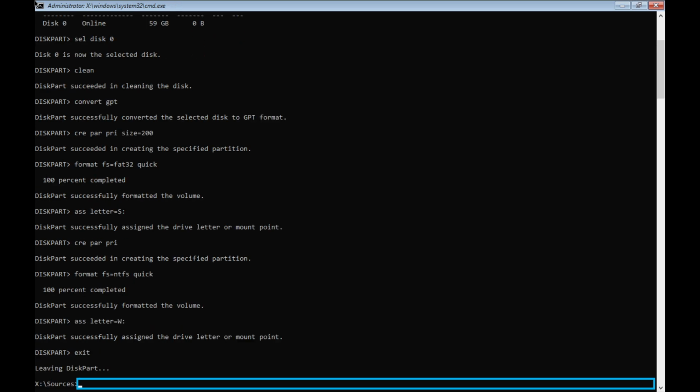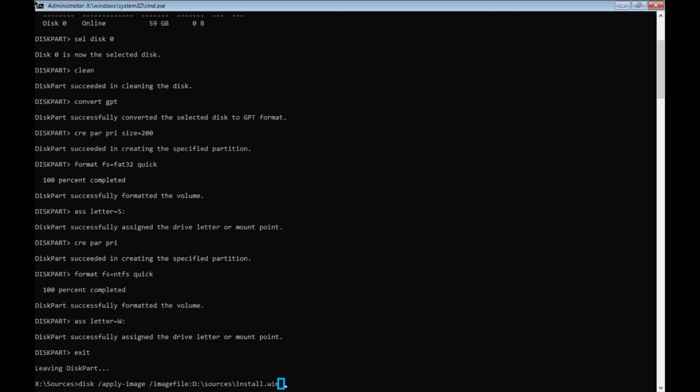All right, we're done with DiskPart. Exit. Now, the process is exactly the same. DISM /apply-image /imagefile:D:\sources\install.wim, and then our index. We're going to do 6 again. Let's just do Windows 10 Pro like we did before, and then /applydir:W: